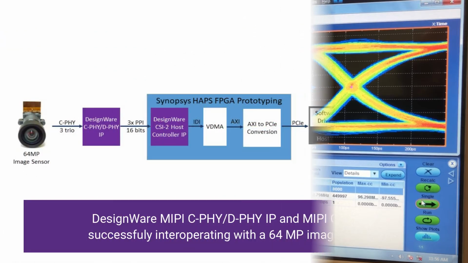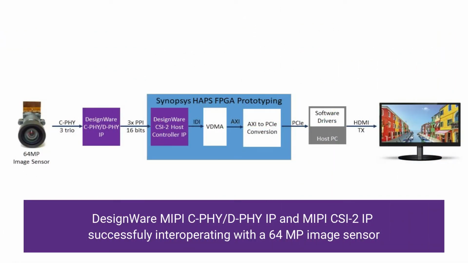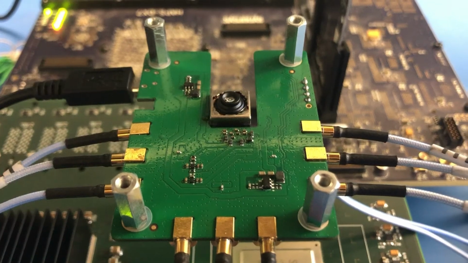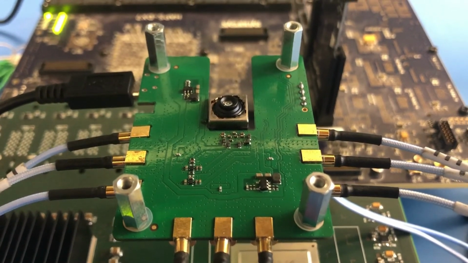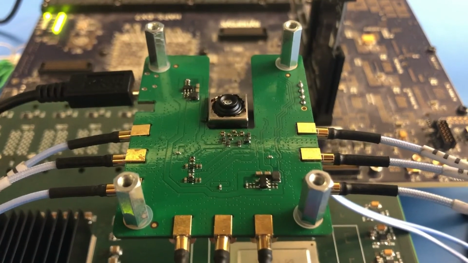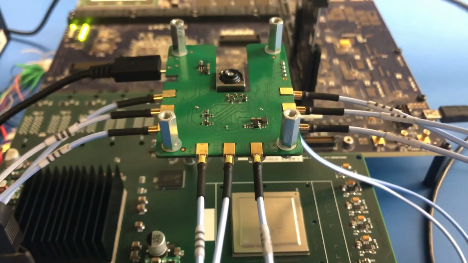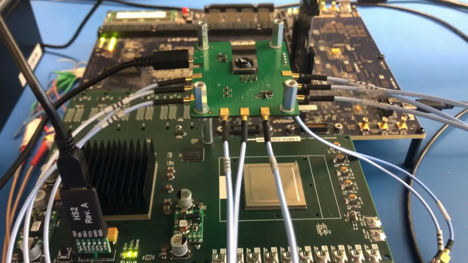So moving to a different setup, now I want to show you everything working together. Our MIPI CD-PHY RX working with our MIPI CSI2 combo controller that handles the camera protocol. So in this demo, we're capturing an image with the MIPI image sensor, and we're projecting it to an HDMI display. So what we have here is the same 64 megapixel image sensor with 3 trios attached to the CD-PHY RX, which then connects to the CSI2 controller through the PPI interface. The CSI2 controller is